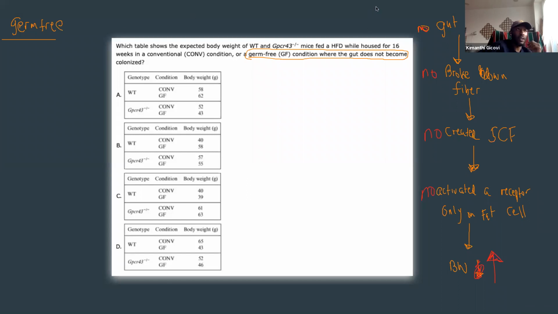And so for everyone that's watching along, I want you to understand what happened there without you even noticing. She just answered the question. When you're in a germ-free condition, your body weight is going to increase because, let's connect the implicit to the passage, you have no gut bacteria leading to no breakdown of fiber, which ultimately leads to no activation of this receptor, right? And if the receptor is not activated, isn't that kind of like saying it just looks like it was never there?